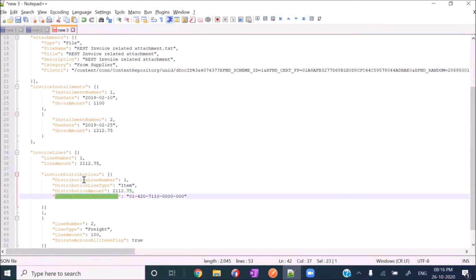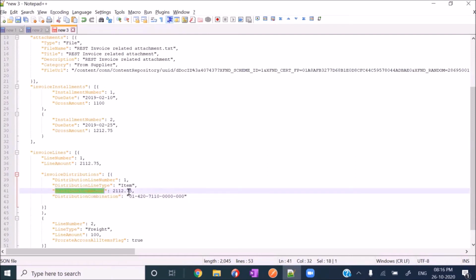If you have a little bit of an idea on the functionality side, for every invoice line Oracle has given a sample of distribution. In every line, they are telling that this much is the amount and this is the account information. This is the complete code combination. But in the system where you are trying to create this invoice, either the same code combination should exist, or you need to figure out which code combination exists in your system and provide that value.